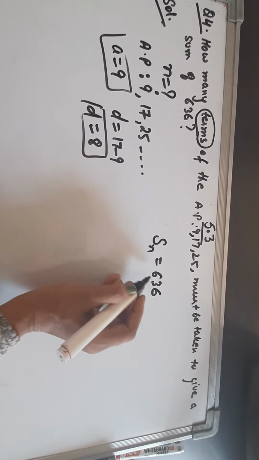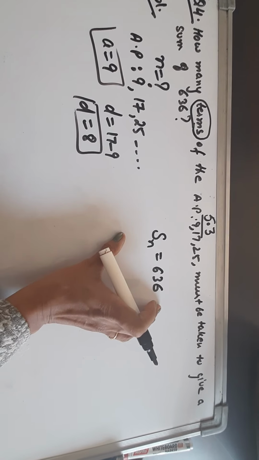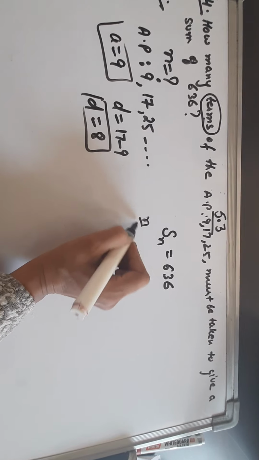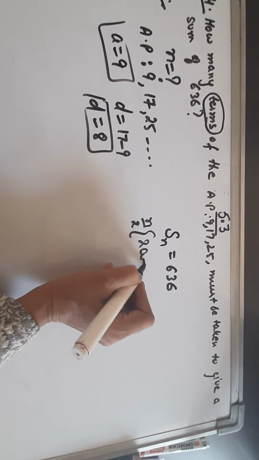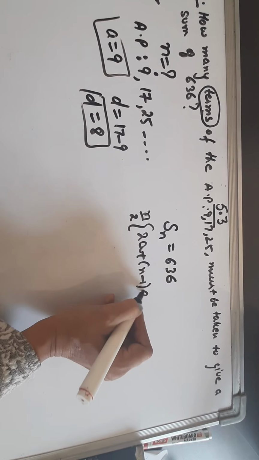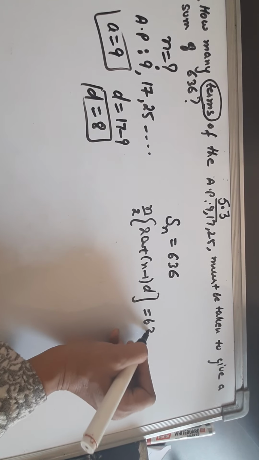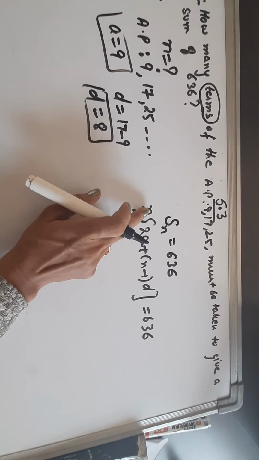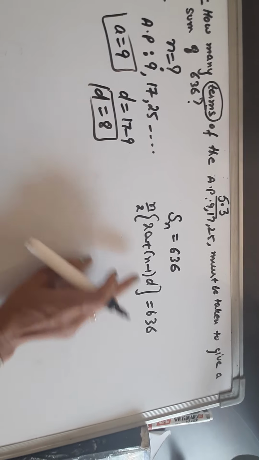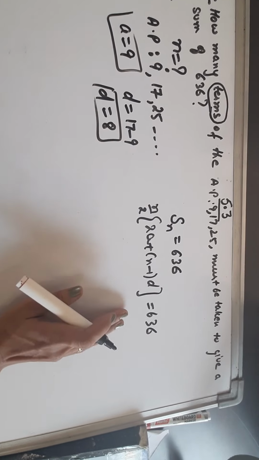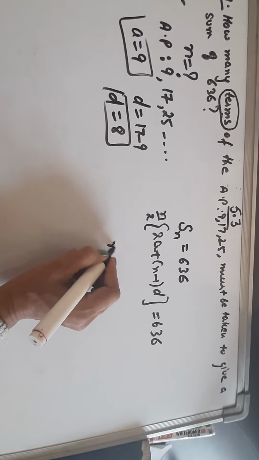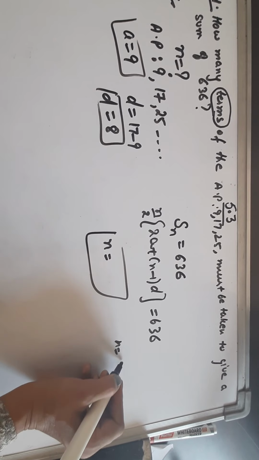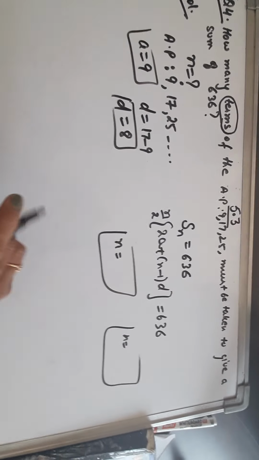Now as I told you, whatever is given to you, start solving that first. Now the sum is given to you, so start solving by using the formula of sum to get the value of n. Now put the values of a and d. You'll get an equation in n, a quadratic equation. Then solve it by splitting the middle term. You'll get two values of n, first value and second value. That you'll solve yourself now.